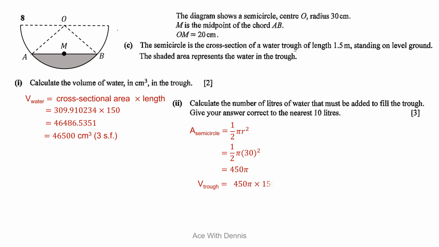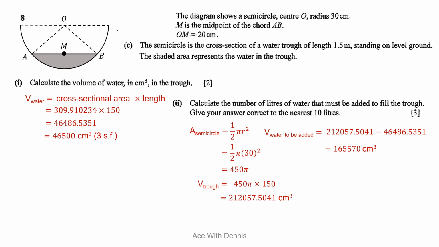Then, to find the volume of the trough, we'll take the area of the semicircle, multiply the length, so 450 pi times 150, and we'll get 212,057.5041 centimeters cube. Now, we can find the volume of the water to be added, which is the volume of the trough minus the volume of the water in the trough. So, the value will be 212,057.5041 minus 46,486.5351, and we'll get